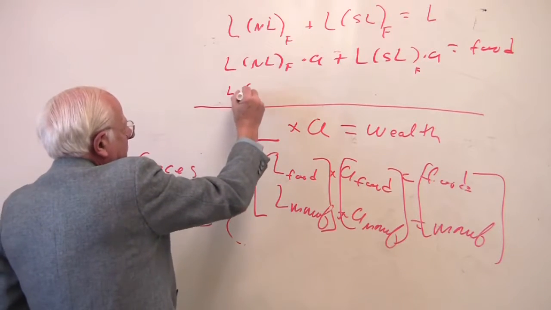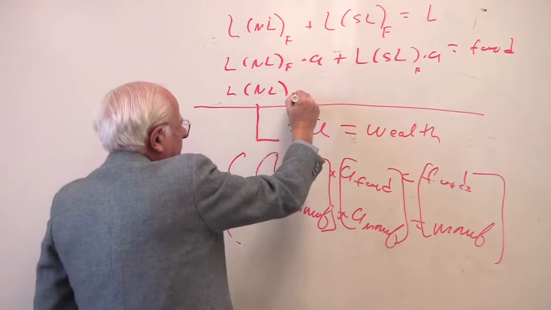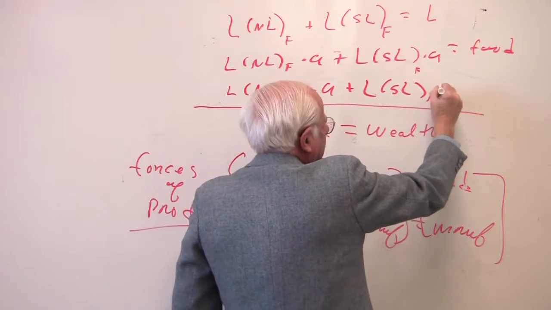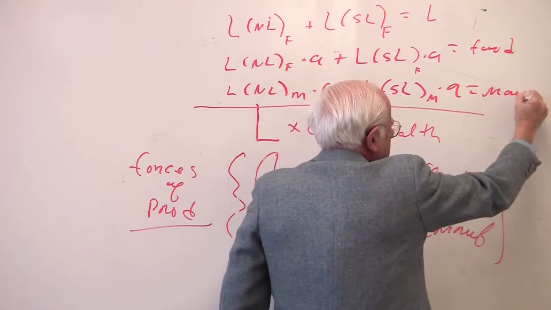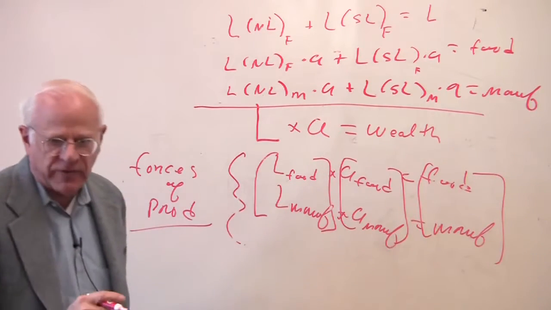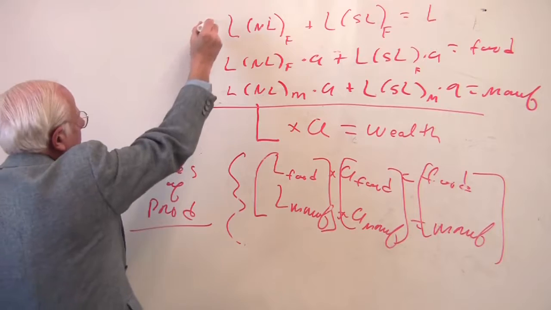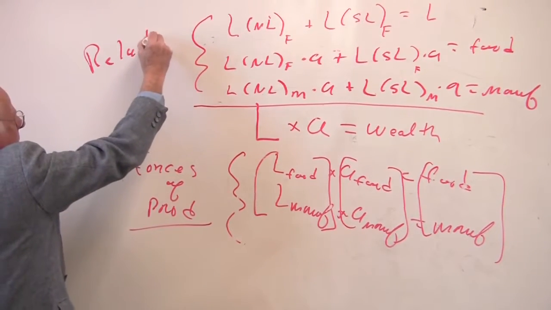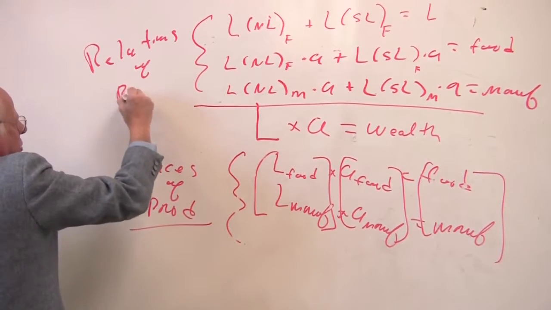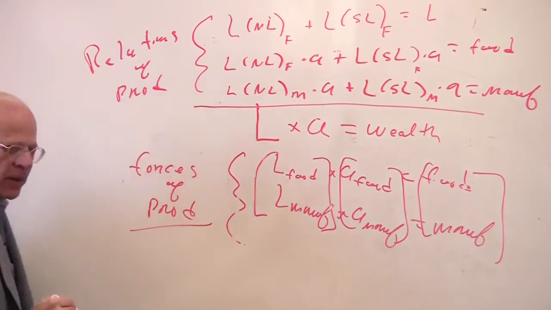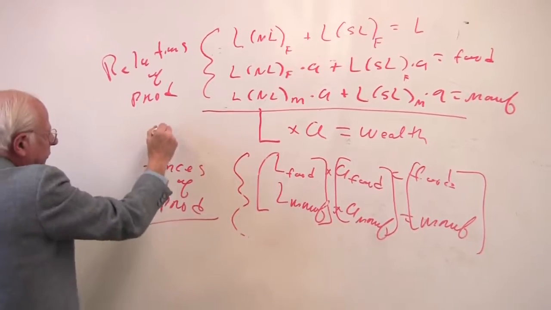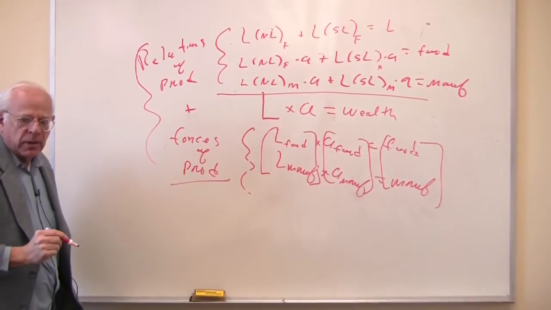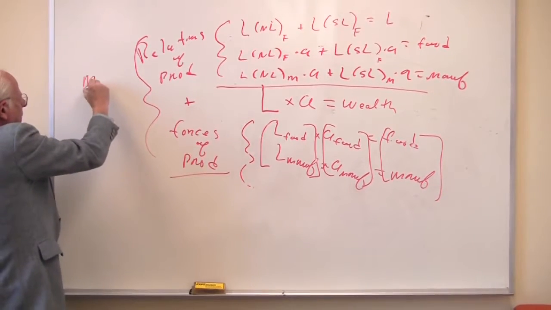Well, same logic. They produce manufactures times its productivity in manufactures. Okay? So there's the class structure of society. And that's called in the Marxian tradition the relations of production. The two together, the relations and the forces, is given a special label. It's called the mode of production.